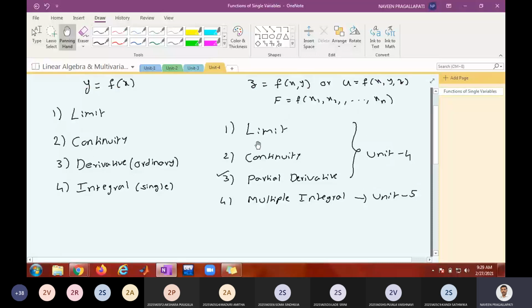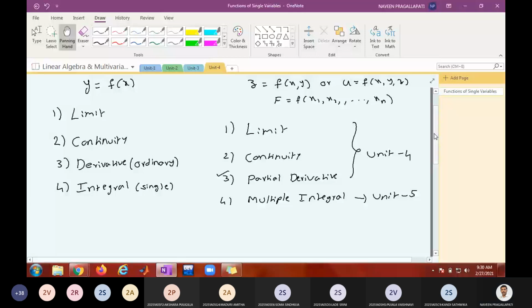Okay, so before moving on to limit definition for function of two variables, if you can understand the function of two variables definition, you can generalize the same definitions to function of three variables or function of several variables. In order to write down the definition for function of two variables, if you can understand the definition of function of single variable, then that will be easy to understand the concept of function of two variables.